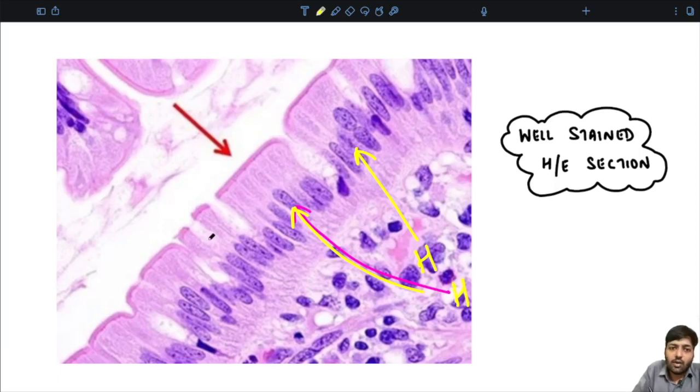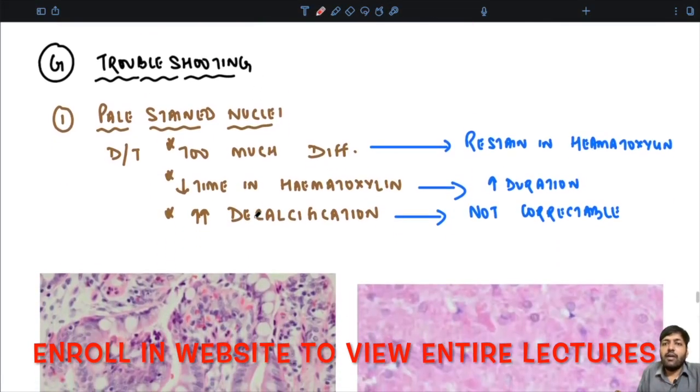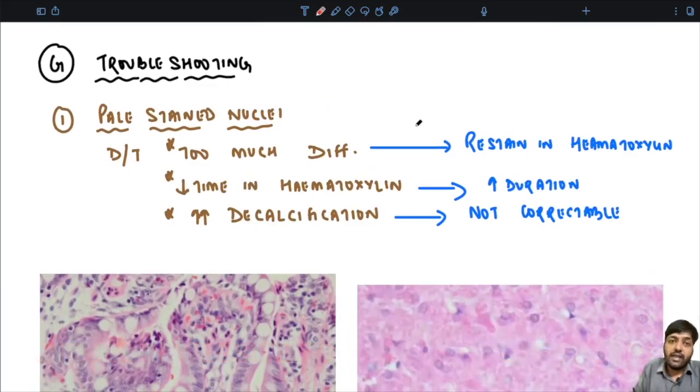Now you can also see this is the cytoplasm. These are all the cytoplasm. What is the color of the cytoplasm? It is rosy red to pinkish in color. This is stained by the counter acidic stain, that is the Eosin. So this is how normally the staining should occur. Now we will discuss the troubleshooting, which is very important in your